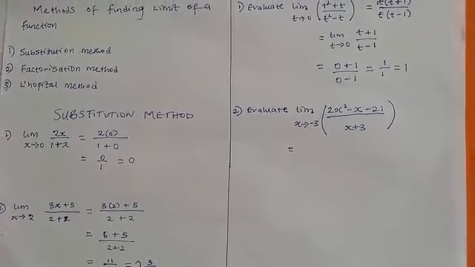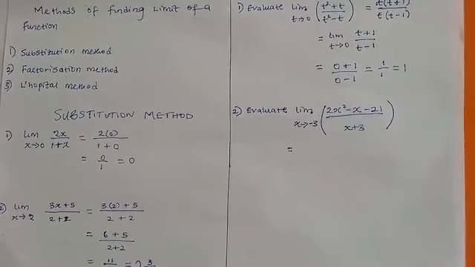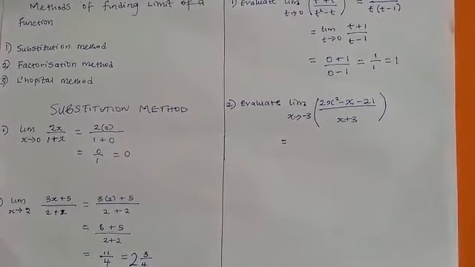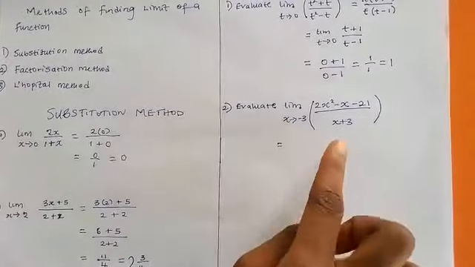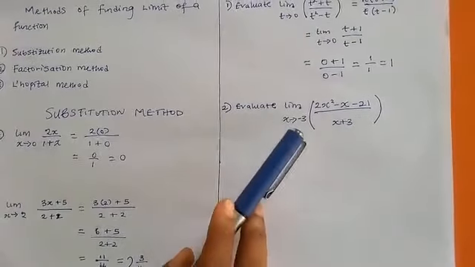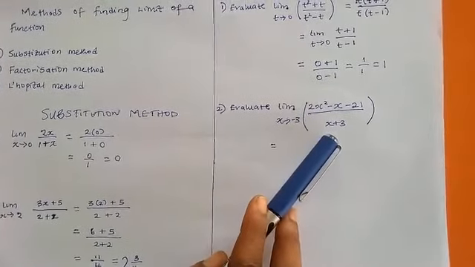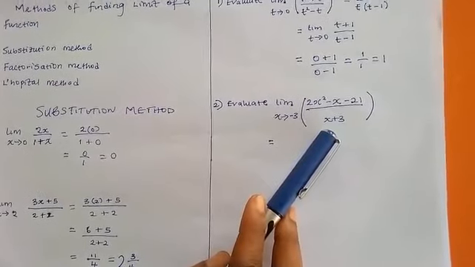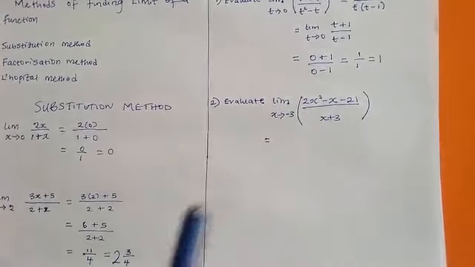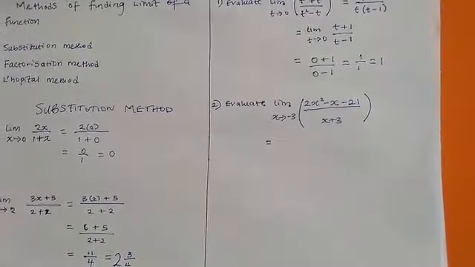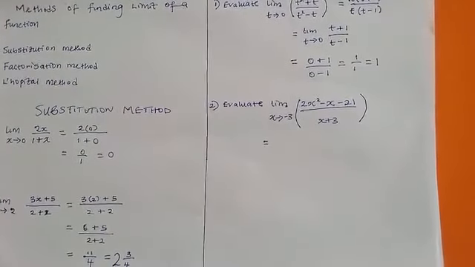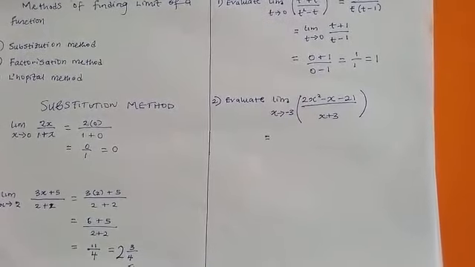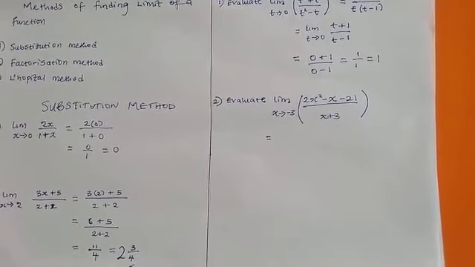Now, just like I said earlier, you use the substitution method to check, most especially the denominator. If we substitute our minus 3 into the denominator here, everything becomes 0, which will make our answer undefined. So that simply means the substitution method won't be applicable. We now use our factorization method,